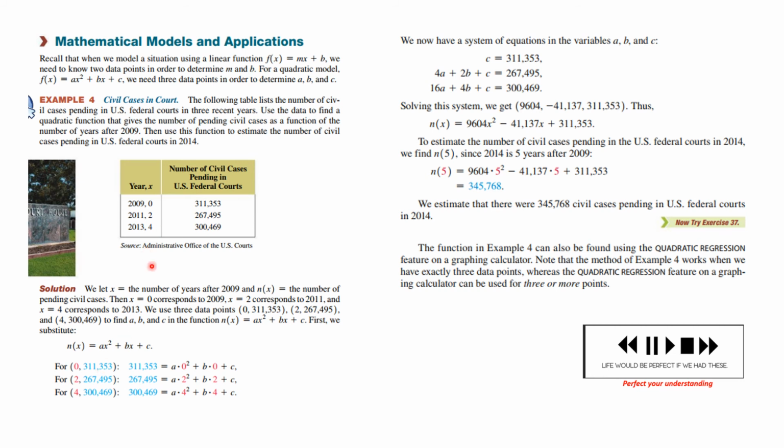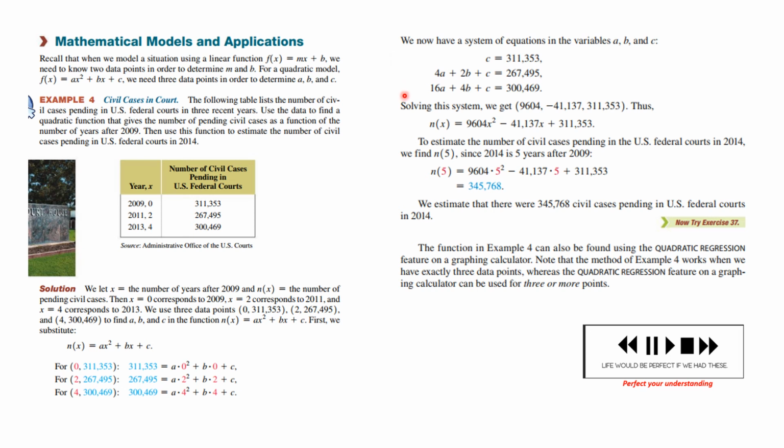Okay, so what we're going to do is we're going to take these data points 0, 311,353, 2, 267,495, and 4, 3,469. So when we plug those points in to the quadratic equation that we're seeking to model, that is the number of cases in year x is ax squared plus bx plus c. X is the variable, a, b, and c are constants. You see, we'll get this for 0. We'll get this for putting 2 in, and we'll get this for putting 4 in, and that gives us 3